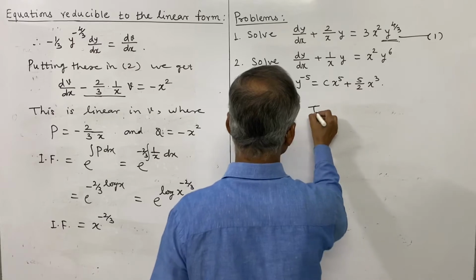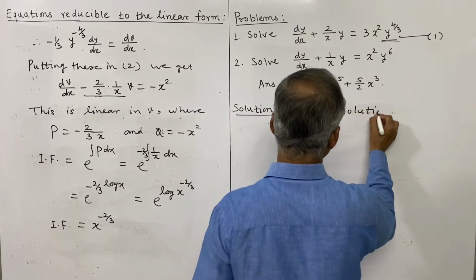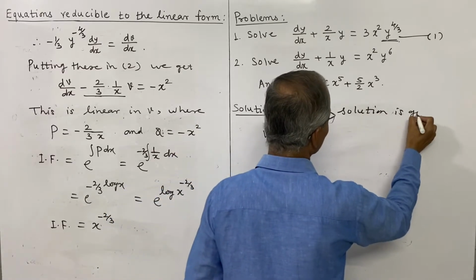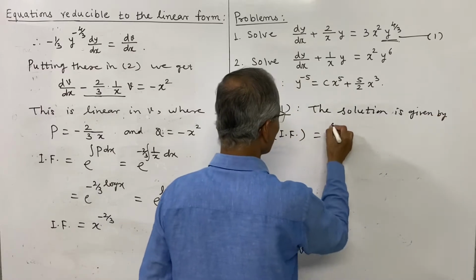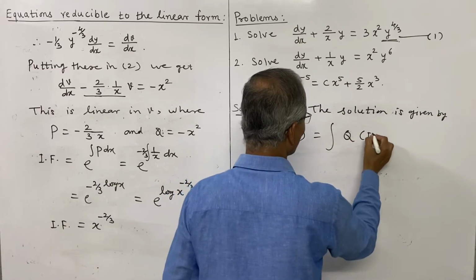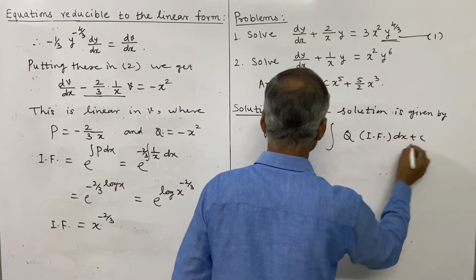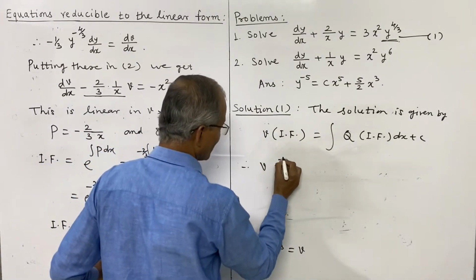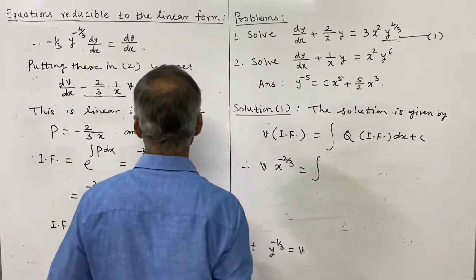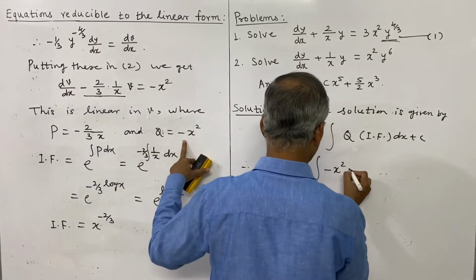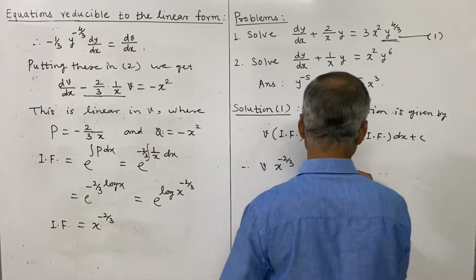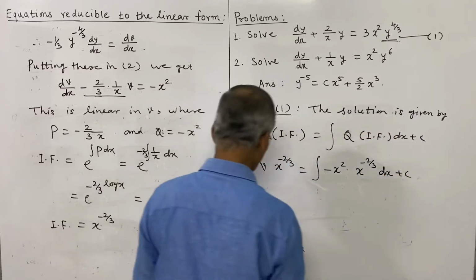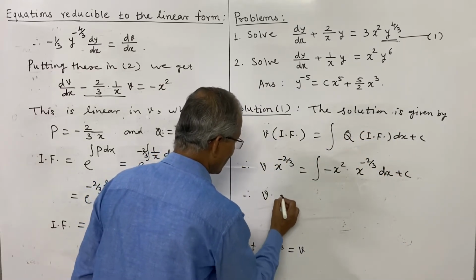The solution is given by v into IF is equal to the integral of Q into IF into dx plus c. What is IF? x to the power minus 2 by 3. On the right side, what is Q? Q is negative x squared, and IF is again x to the power minus 2 by 3, into dx plus constant. That is, v into x to the power minus 2 by 3